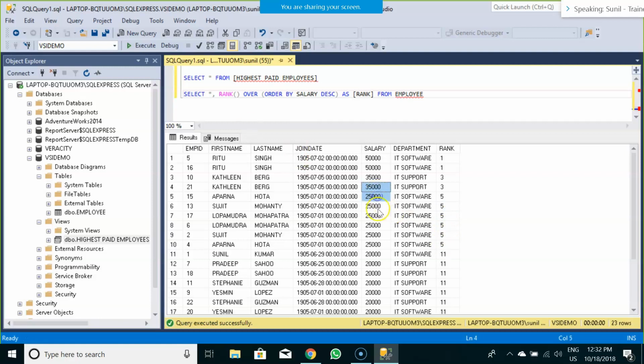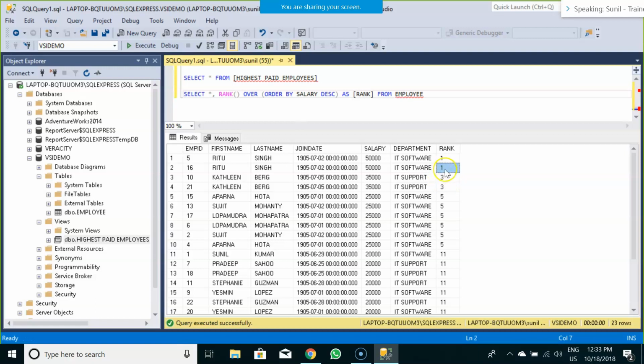So here you can see this 25,000 is a tie in a typical salary context. There is a tie between this particular row. So it doesn't give consecutive numbering in this case. Instead, it gives the same numbering, but it does maintain the gap. Maintain the gap as in 1, 2, then 3. Although it is a tie, it has assigned the rank as 1, and it would switch to the next item as 3.